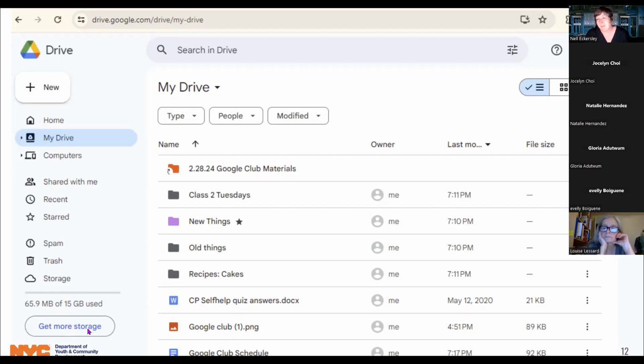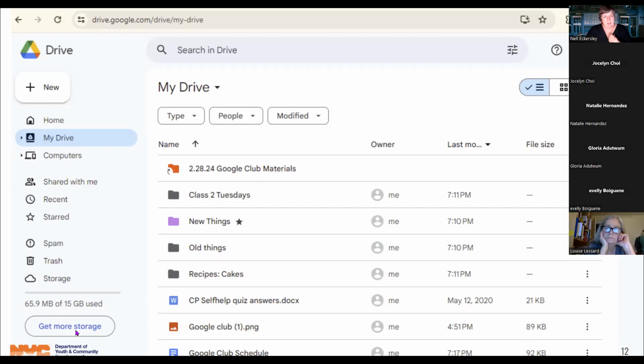Or go ahead and pay that extra amount, because otherwise you will eventually run out of stuff. You can also download content and take it out of your Google Drive. If you want, every year you could do a clean out. But part of what I love about Google Drive is that everything is there, even from 30 years ago, or whenever I started Google, probably not 30 years ago, 15 years ago. So I'm willing to pay that money.